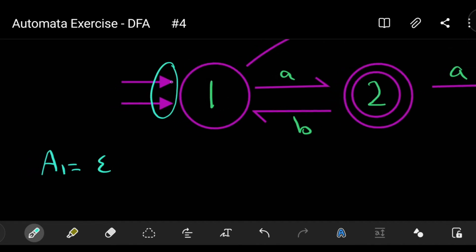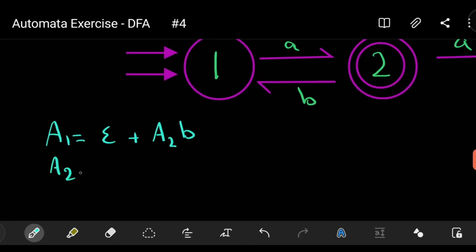So this is the epsilon, this is the initial state. And we have A2B. You see I'm putting first the A2 and then B. In the arrival, we put the state first and then the input. In the departure, we put the input and then the arrival state. So this is A1,